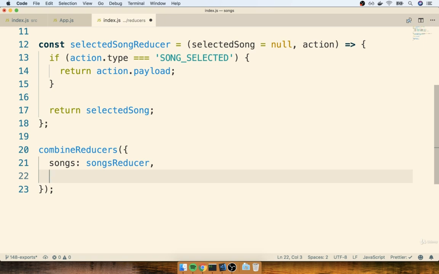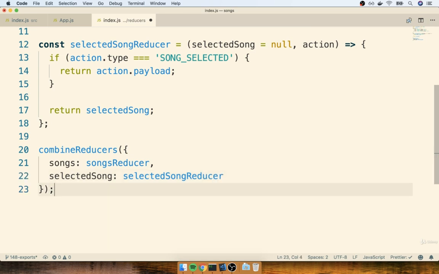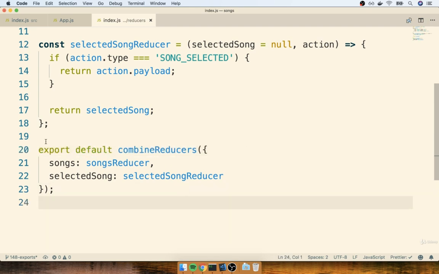And then I'm also going to give it a selectedSong key, and that's going to get my selectedSongReducer. Oops, selectedSongReducer, like so. And then finally, I'm going to do an export default in front of that thing. So now any other file inside my project can get access to our combined set of reducers.